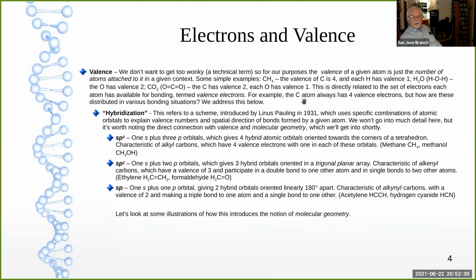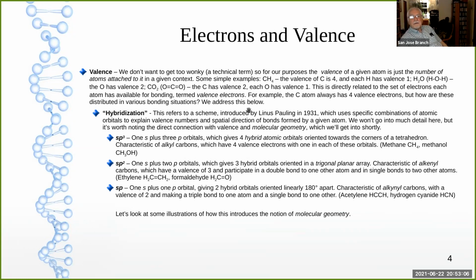So carbon always has 4 valence electrons, despite the fact that the atomic number of carbon is 6, which means that it's got 6 electrons. 2 of those electrons are tucked away into what's called the core, and they're generally not available for bonding, but it does have 4 electrons of its 6 that it's very happy to share